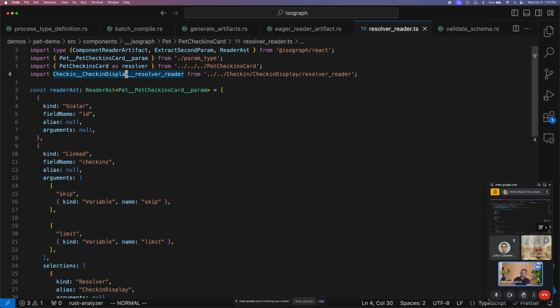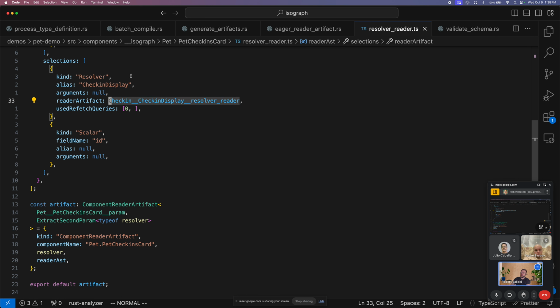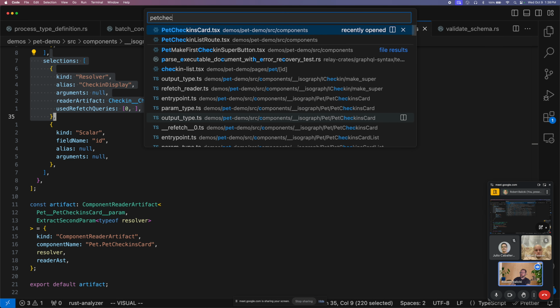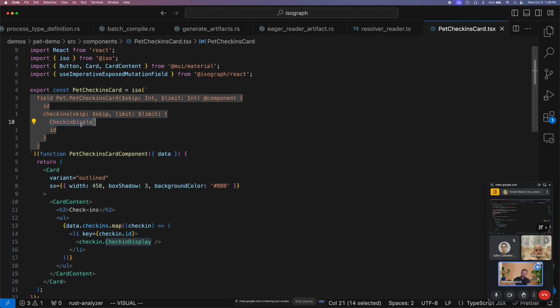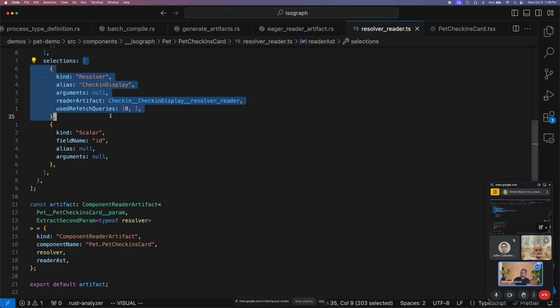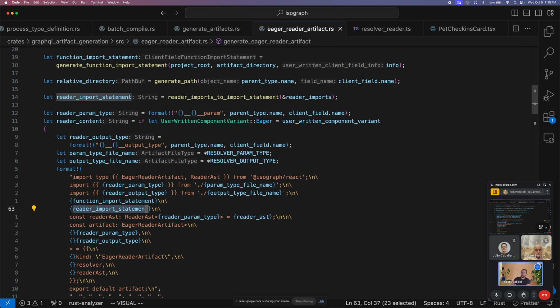Anything that's referenced has to be imported, right? So this is used here. This check-in display is a field that is referenced inside of pet check-ins card. That is a client field. Because we reference it, it has to show up in the reader AST, and therefore it has to be imported. So inside of this reader import statement,